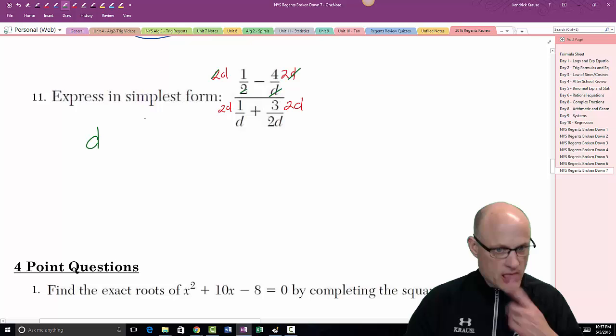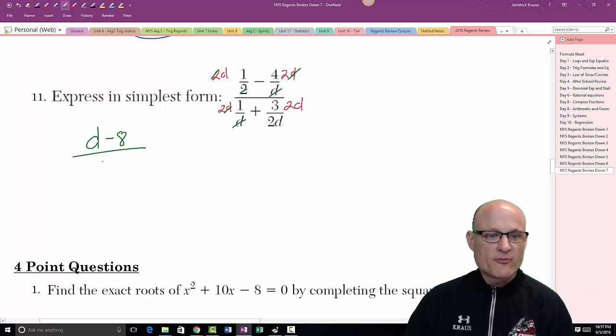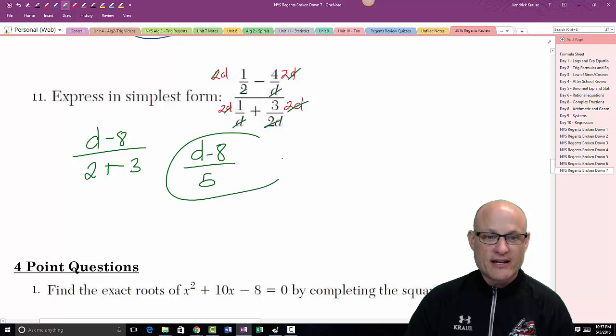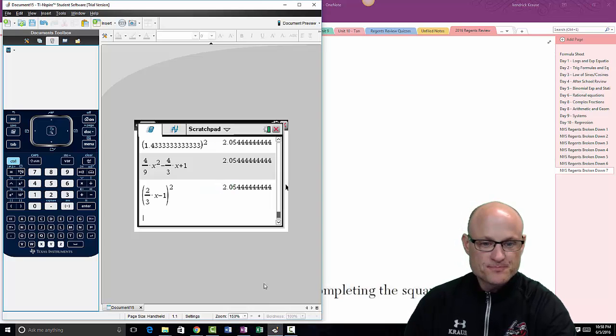D minus 8, all over. The d's cancel. I'm left with 2 plus, and the 2d's cancel. I'm left with 3. So I get d minus 8 over 5. And again, if you just simply stored a number in for d,